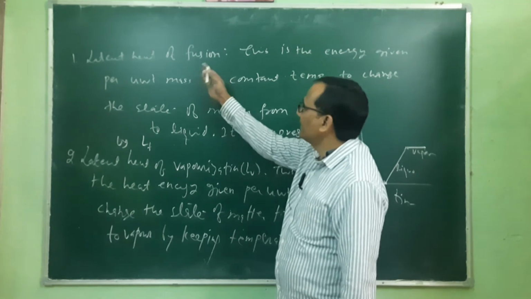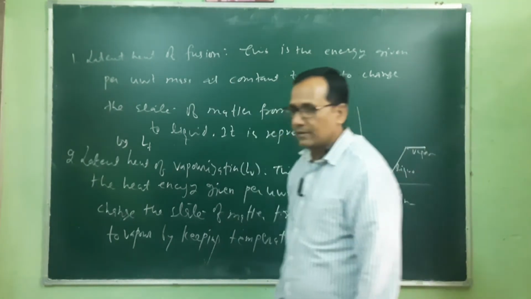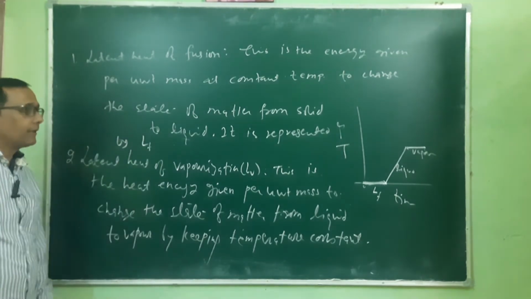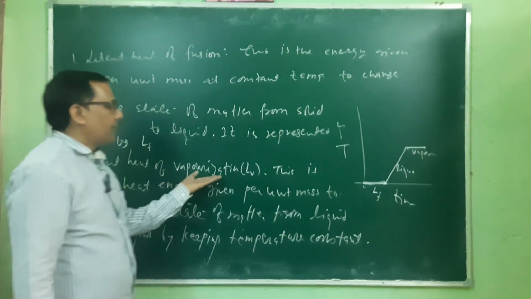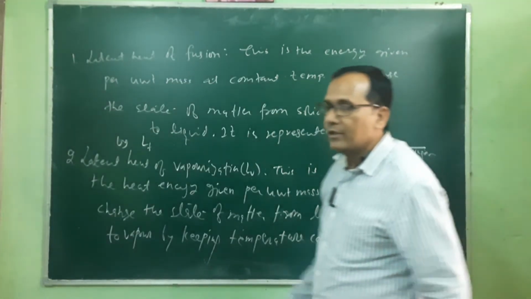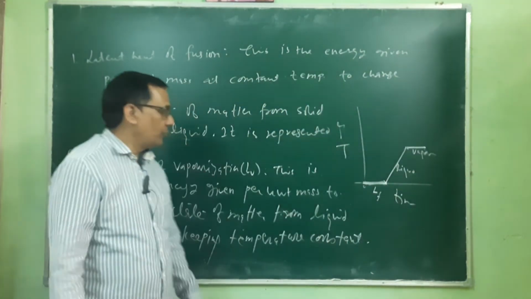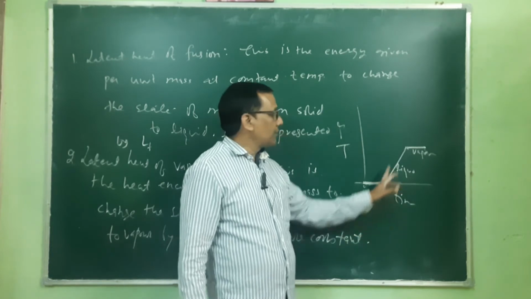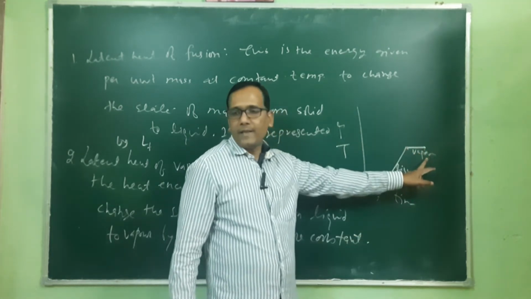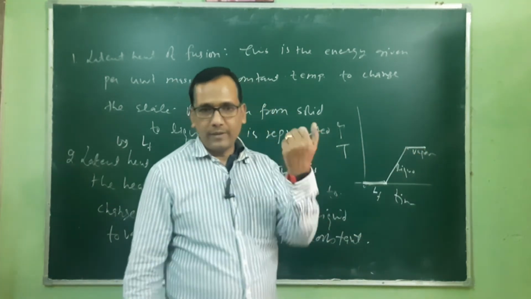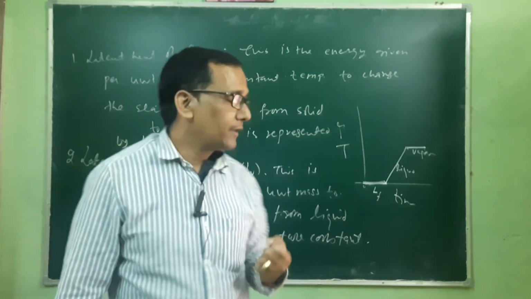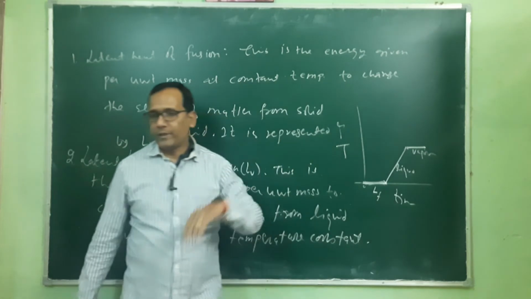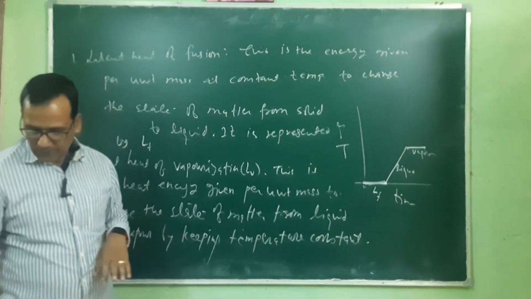You can also write this as latent heat of melting. If you are forgetting about that term fusion, then this one can be written as latent heat of melting. So this is latent heat of vaporization. Okay, so the reverse order is also true. We can convert that solid to liquid, and the liquid can be converted into solid. Here also, we can vaporize the system, liquid to vapor, and by taking out that thermal energy, that vapor can be converted into water.